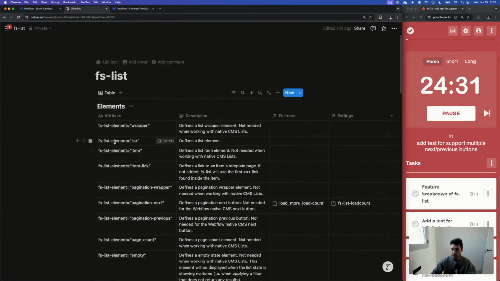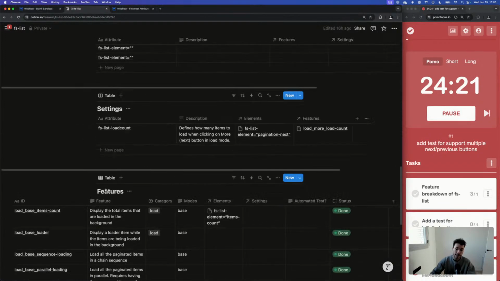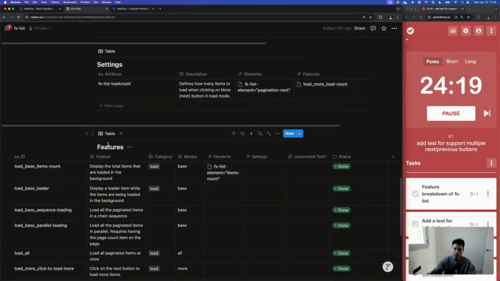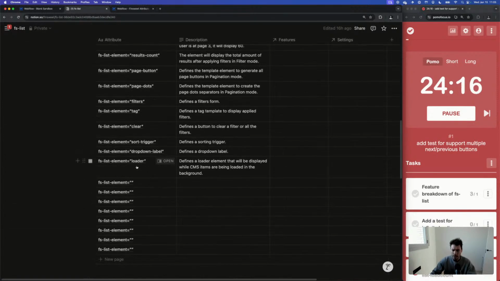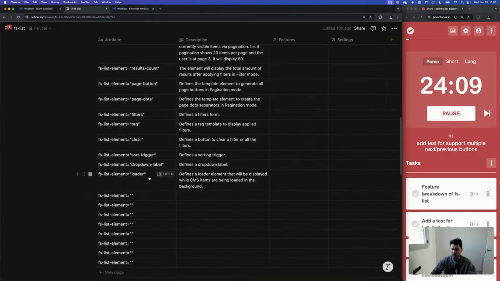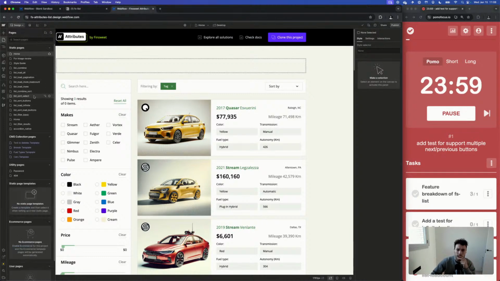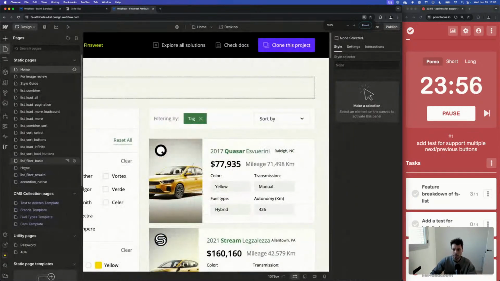So I've got here a couple of Notion lists so I can keep track of all the elements for attributes that play in the functionalities, all the settings, and then the features that we are developing. There's a bunch of elements that are missing here for filtering, but I know I have the basic ones, which is the filters. I also need the fields, but that's a setting. I think that actually we're mostly good. Let me see. Oops. Should zoom in.